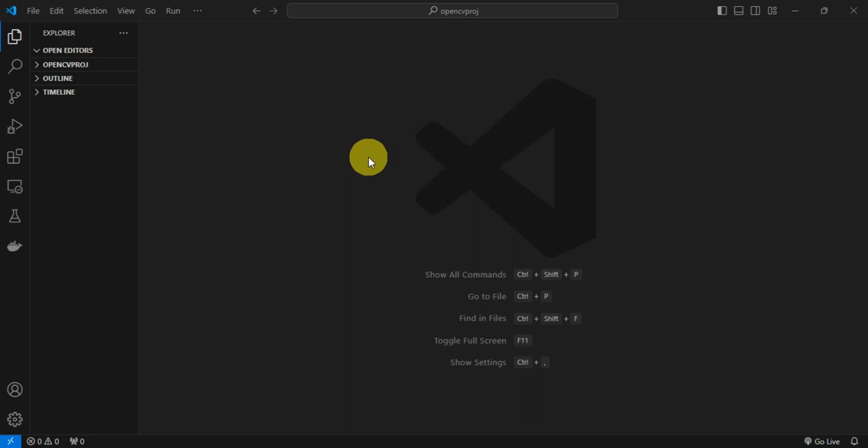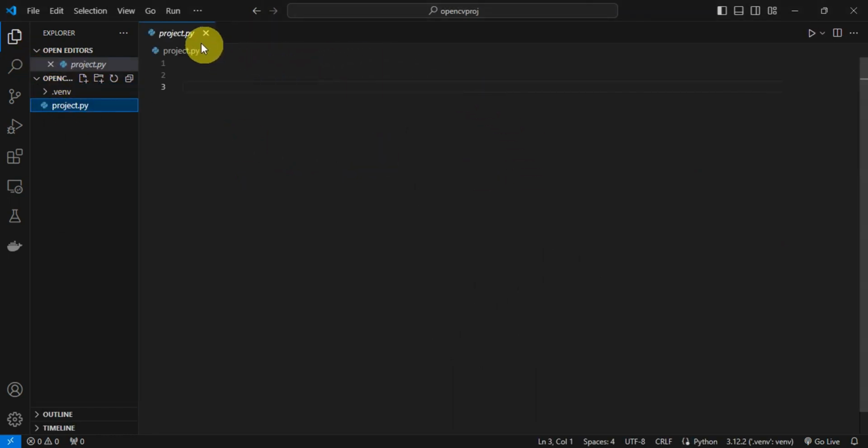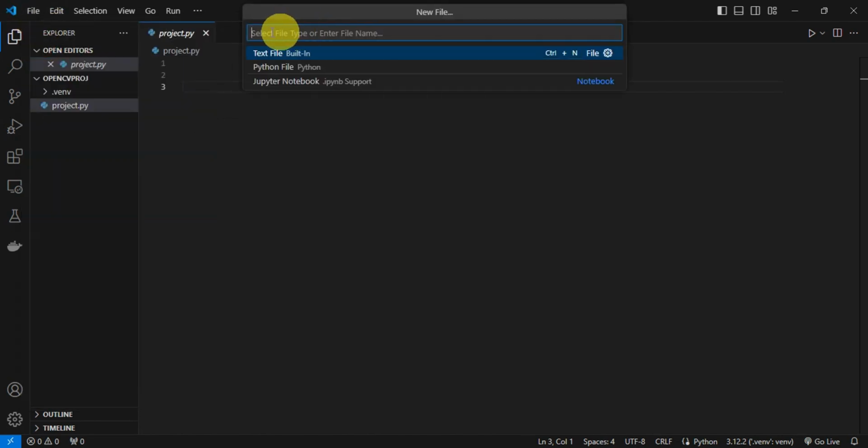Now, once you're already in, we need to open your Python project where you want to use OpenCV or create a new Python file. So I have a file already in here. We're just going to locate that one here onto my folder, click onto the project, and usually the Python files end with .py. To create a new one, we'll just head here onto File, create a new file, and then right after, you'll just need to type in the file name and then just add .py and then save it